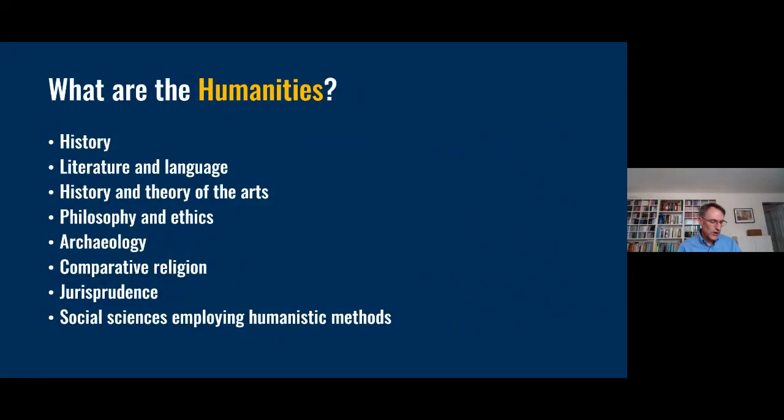Next, I want to talk about what we mean by the humanities. The founding legislation of the National Endowment for the Humanities lists a number of disciplines that are meant to be encompassed by the term humanities. The legislation makes it clear that this is not intended to be an exhaustive list, but it does mention these disciplines on the slide: